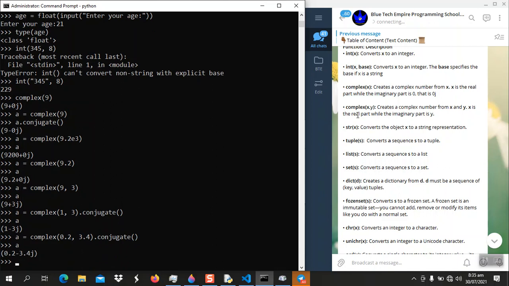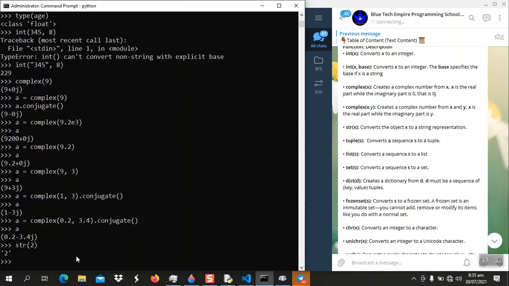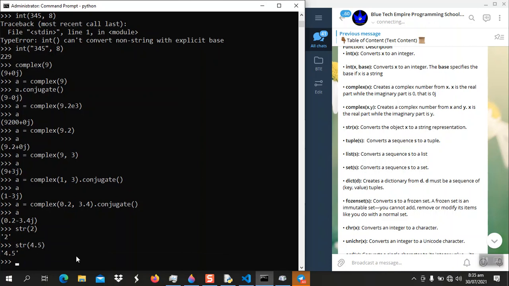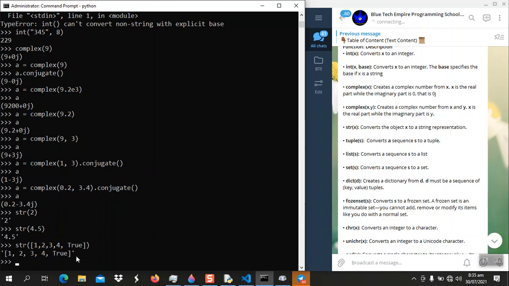So now the next one is string. Converting stuff to string, very common. You can convert every stuff to a string. For example, you can have the number 2, convert it to a string is 2. You can even convert a float to a string, 4.5. You can convert a list to a string. You see, it just converts in place. Even a tuple, you can convert a tuple to a string,